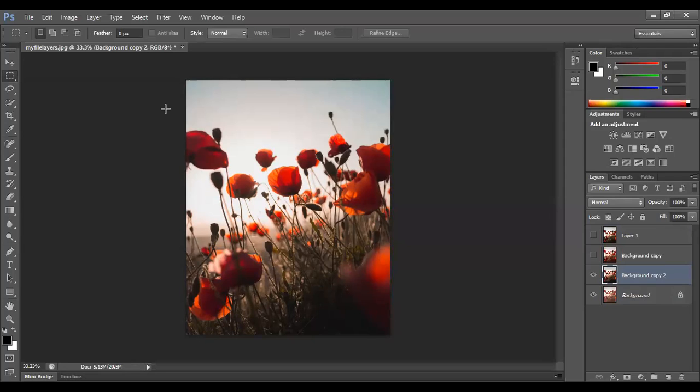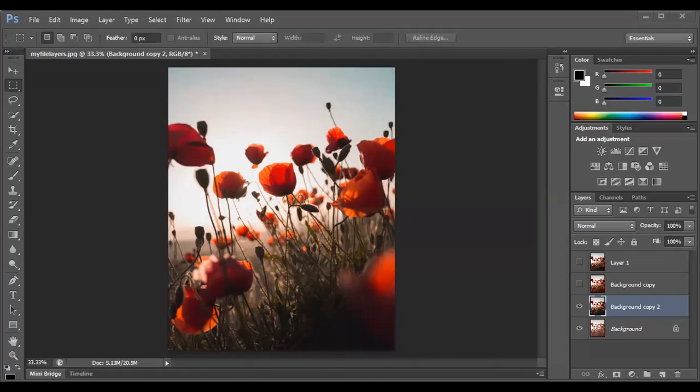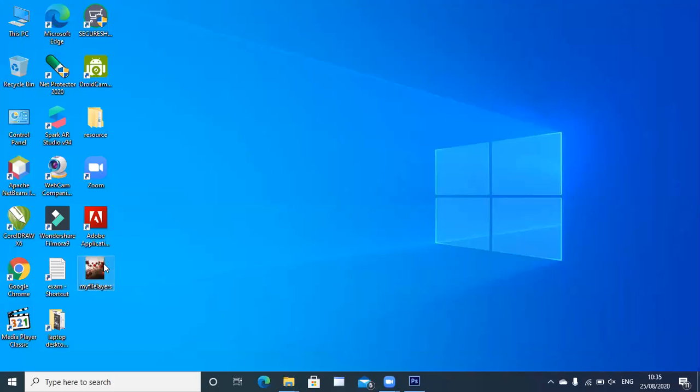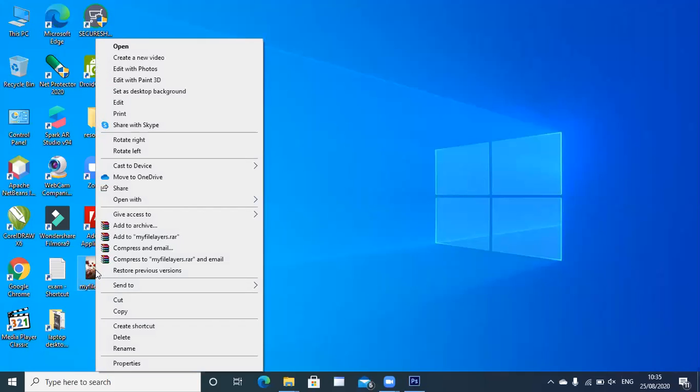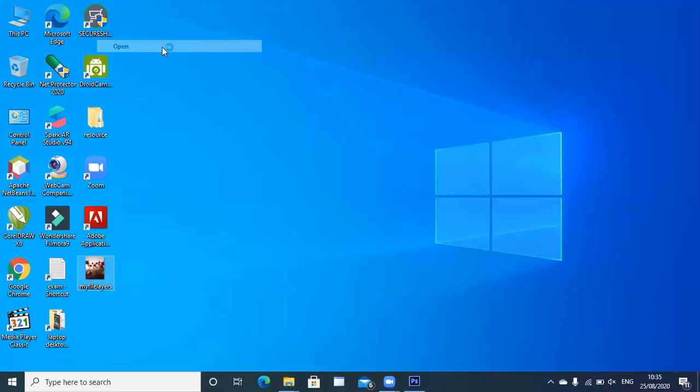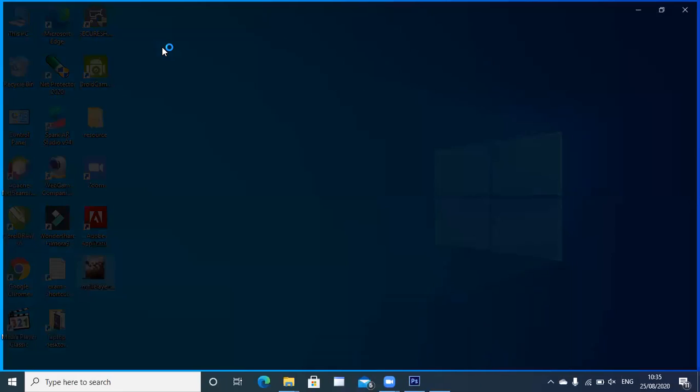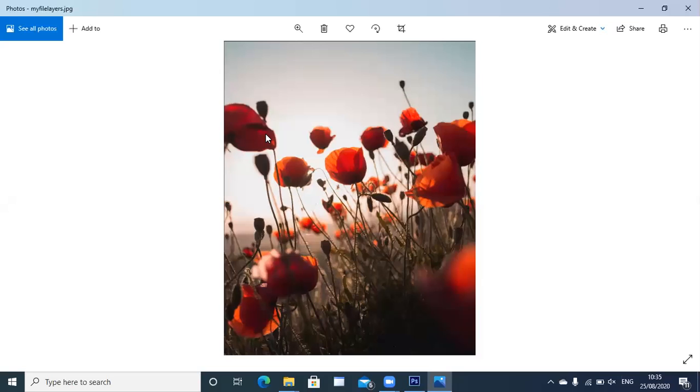I'll just share my desktop screen as well. Just give me 1 second. I'll go to new share and share my entire screen. So here is my file. What I can do is quickly open this in any other software or share it with anybody if I want to. So I can open it and show it to you. This will open in normal photos, and this will be the enhanced image that you have created. The earlier image was a normal image and this is the enhanced version of the image.